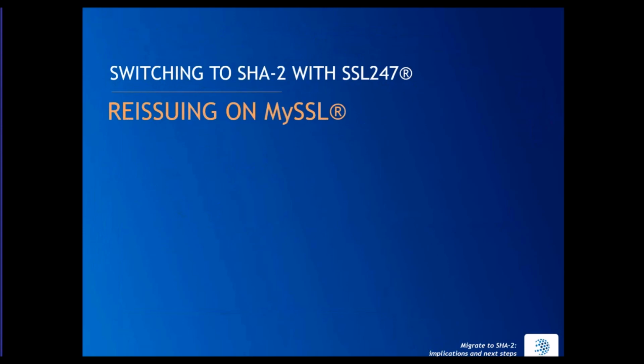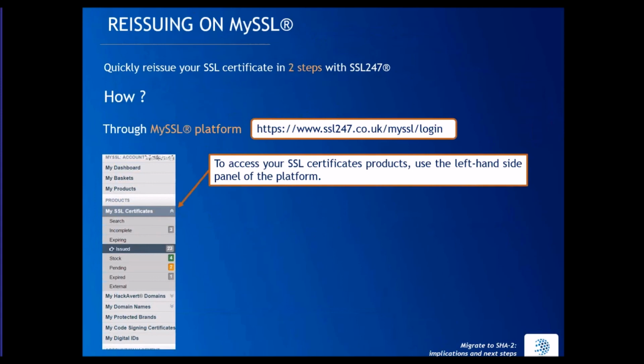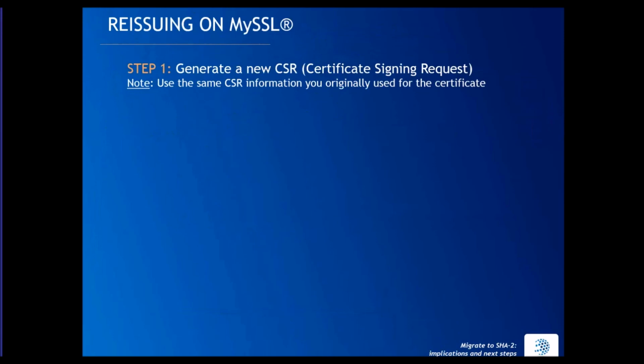Now switching to SHA-2 with SSL 247, reissuing your certificates on your My SSL portal. So again, I'd like to highlight the fact that this is for existing SSL 247 clients, reissuing on your My SSL platform. So firstly, it's a two-step process in reissuing your SSL certificate. What you do is you log in to your My SSL platform, you access your SSL certificates products, and on the left hand side you click on the issued certificates. If you click on that,